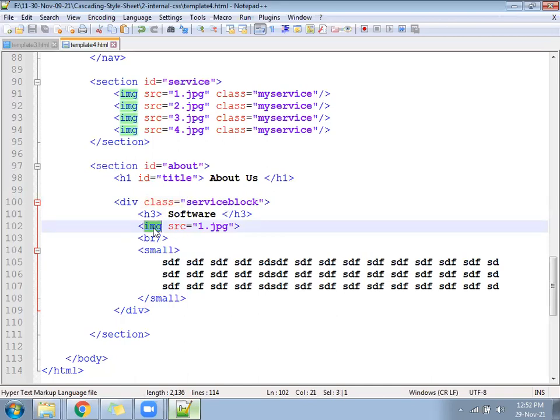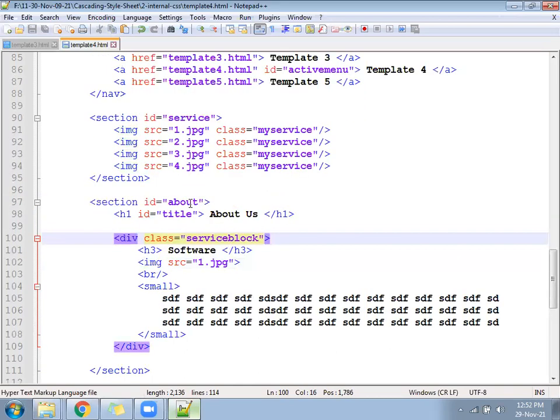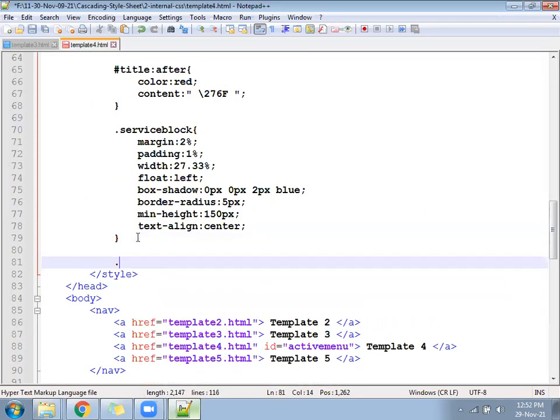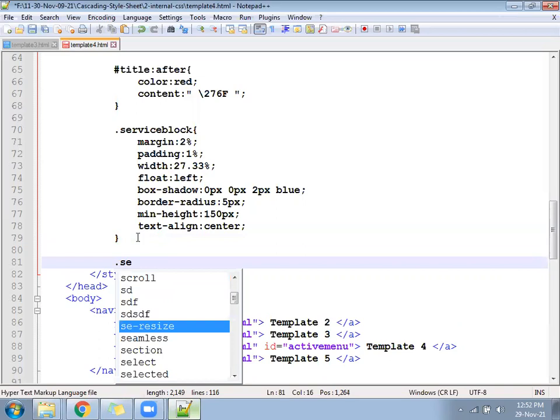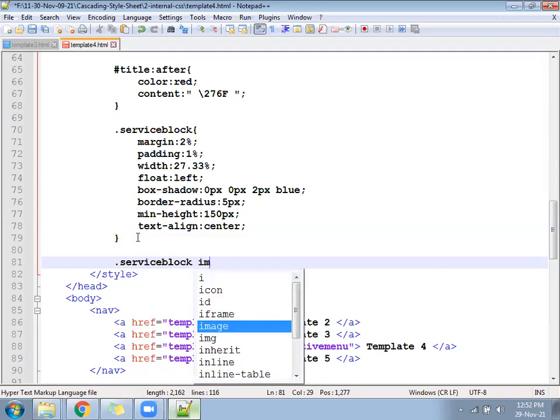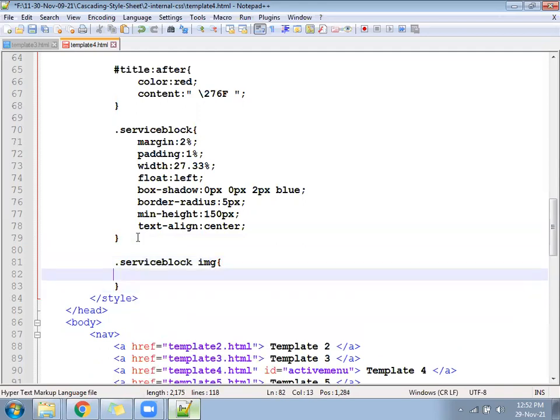So dot service block is the parent and img is the child. We'll go inside the CSS now and write again: dot service block space img.